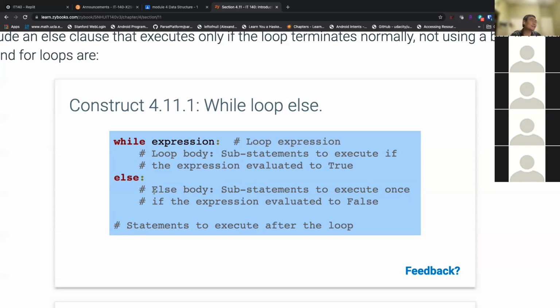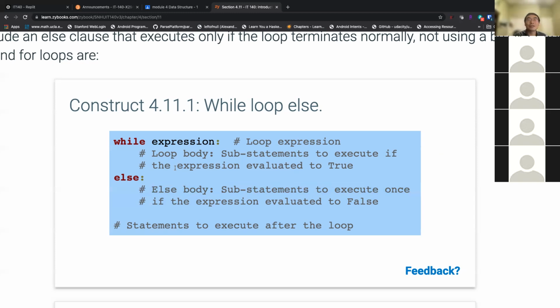Okay, see, I found this thinking maybe more reasonable, right? I mean, yes, what you said is true, actually, Rachel. But yes, basically, if you go through the while loop without any break, of course, the expression is going to be false, and you jump through the loop the normal way, right? And then you continue with the else statement. However, if you have a break in between, I want to emphasize, then you will not hit the else statement. You will just skip that.